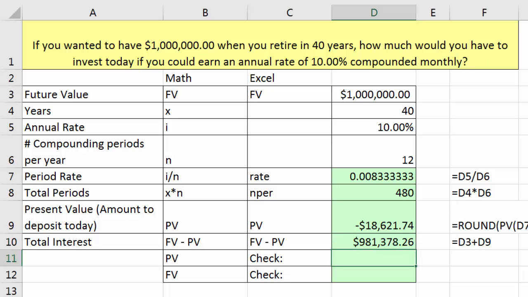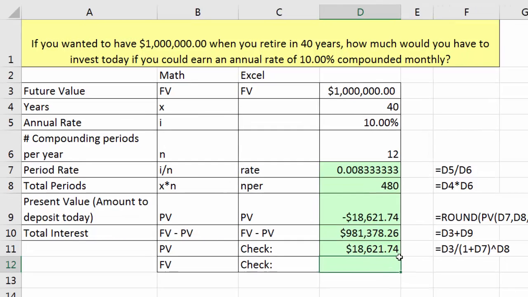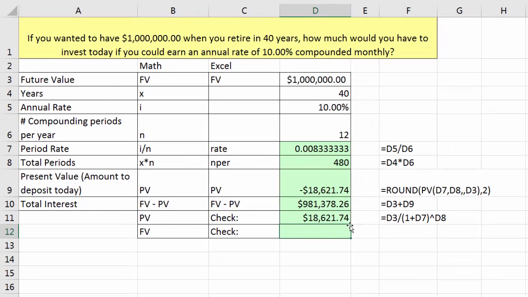Now let's check the present value equals. There's our future value. That's going to be in the numerator, so I divide, in parentheses, 1 plus the period rate, close parentheses, caret, and there is our 480. When I hit enter, there it is. We've checked. $18,621.74. I put that in the bank. I leave it at an assumed annual interest rate of 10% compounded monthly for 40 years, and there it is,